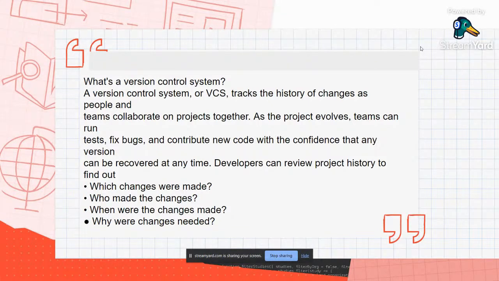You can collaborate with teams and work on certain projects. I'll tell you something else: you can also get access to open source, and let me tell you this, guys who are rooting for open source, Git and GitHub are a must for you all, right? When you go for open source programming, there are a lot of codes, projects, and programs that are already open, and you need to give your contribution to them. We'll be showing you how to do that in this session as well. Just stay tuned with us.